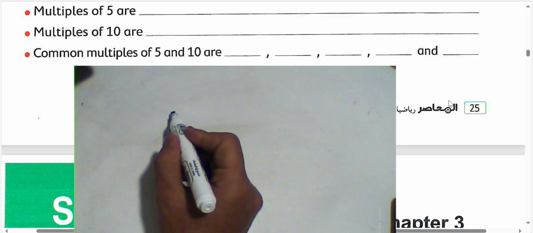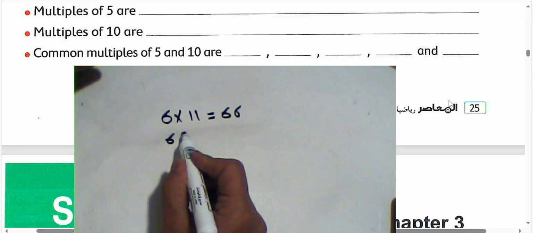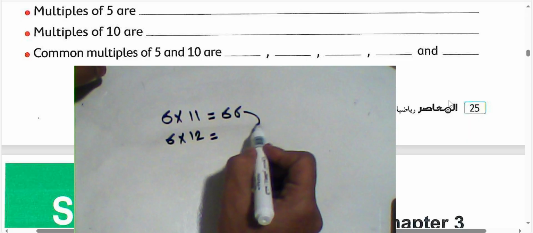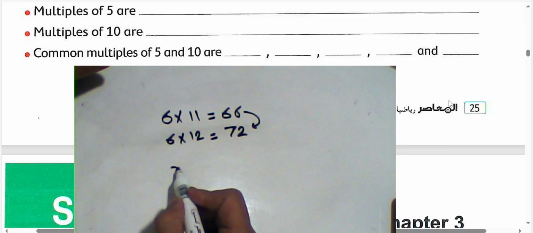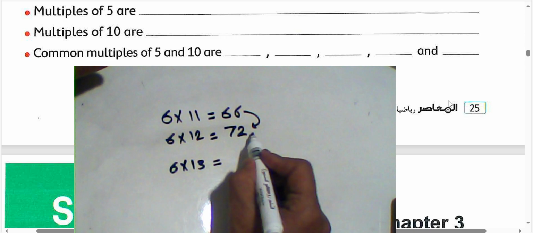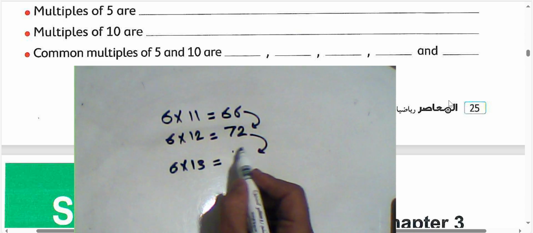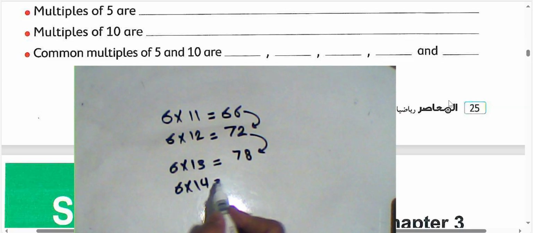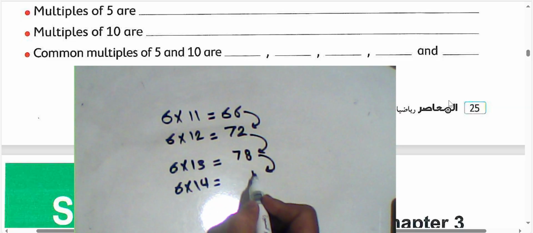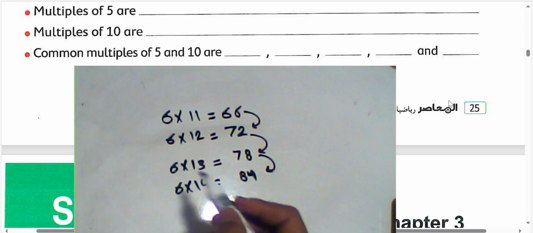and what about the tables here? 6 multiplied by 11 will be 66. What about 6 times 12? We can add 6 to this number. 66 plus 6 equals 72. And 6 multiplied by 13, add 6 also. It will be what? The result will be 78, and so on. Okay, and 6 times 14, add 6 also to this number. It will be 84, and so on. Okay,